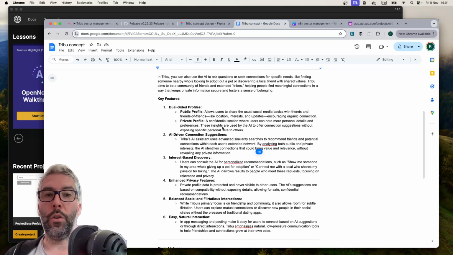Things you wouldn't really put on your public profile, but you put it in a private profile, and the private profile can only be read by the AI, and the AI uses your private profile to do a similarity search with other people's private information, so you can find, without having to tell people your innermost secrets, the AI acts as the matchmaker